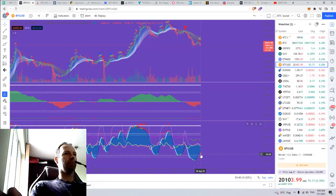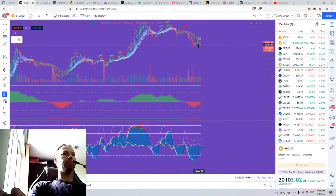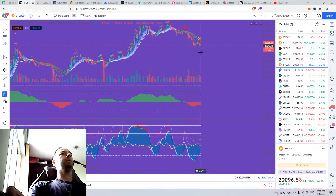because we have a red dot, we have a yellow X already confirmed on the weekly, so there is a high probability that we dump down. High probability doesn't mean that no, there is also probability, very small, I think, that we actually print this AOX and we start going up from here like that. But I think higher probabilities that we basically follow this AOX and red dot and do something like that. Not 6,000, but maybe like 12, 13,000, something like that. I think the probability for this is higher than going up right now,